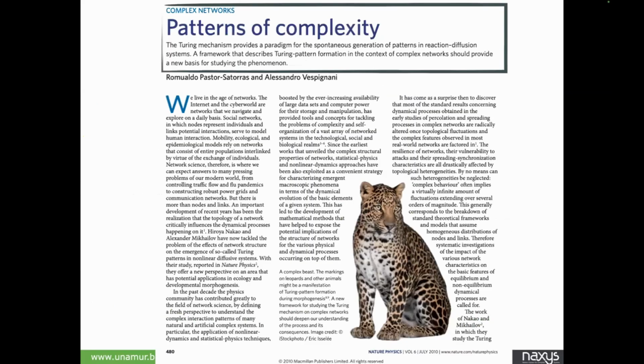Nowadays, the idea of Turing pattern goes well beyond this initial starting point of biology. Indeed, this is a Nature Physics paper of 15 years ago, more or less, where it is stated that the Turing mechanism is now a paradigm for self-emergence. So very often, once you find this spontaneous emergence of some motif, maybe behind it is the Turing mechanism that can explain it. Okay, so the idea today is to show how this Turing mechanism can be modeled using networks, and then we go on to higher order networks like simplicial complexes and hypergraphs.